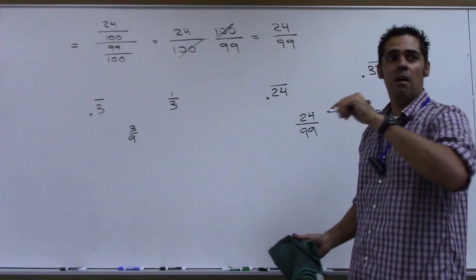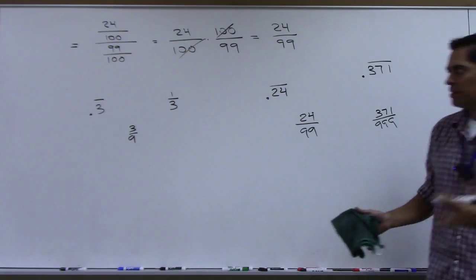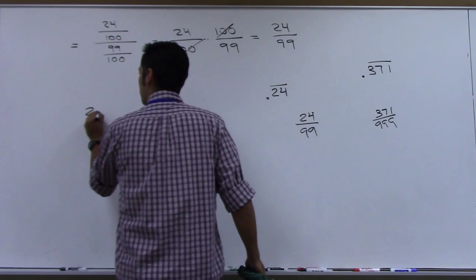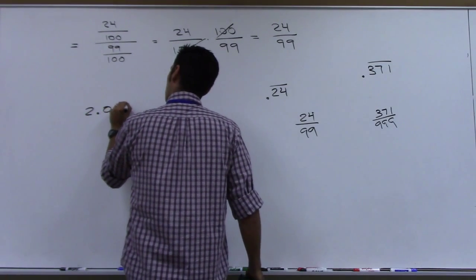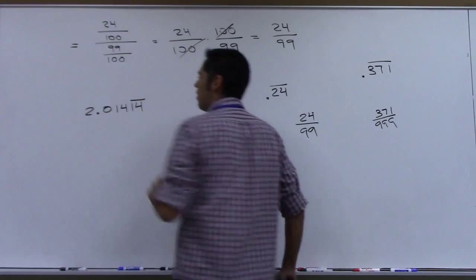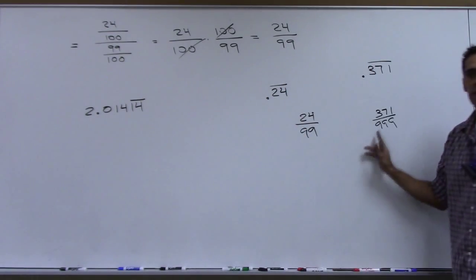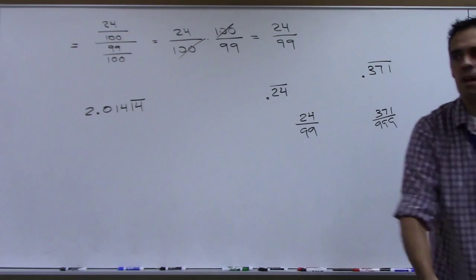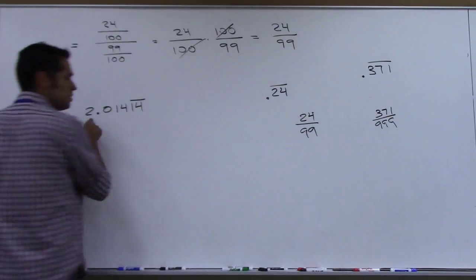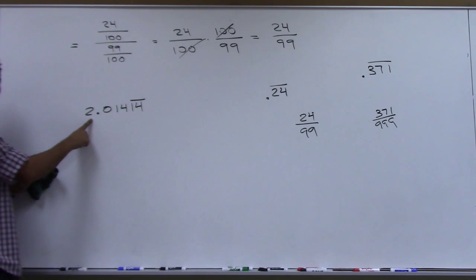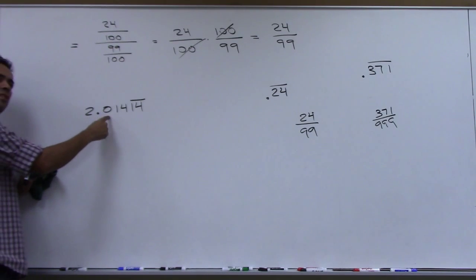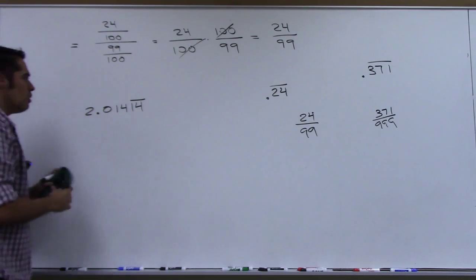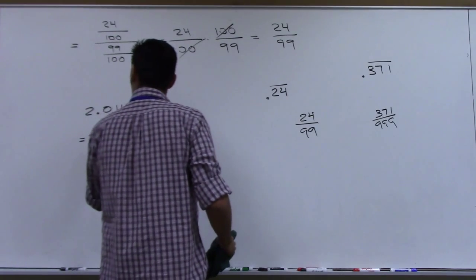So the most challenging problem, and one that you would see more like on a test, is like this. It's in your homework, and I'll let you do it on your own. When you do something like that, you can't do something quick and easy like this to get the answer. So notice a couple of things about this one. The 2 is first. The 2's not in the pattern. Point, and there's a 0 first, and then 1, 4, 1, 4, 1, 4. So the way we break this up, 2 plus